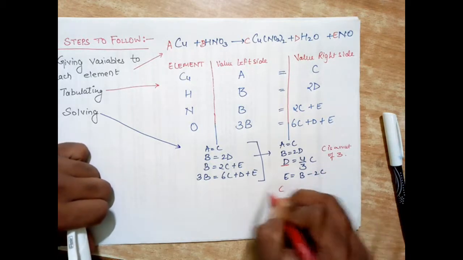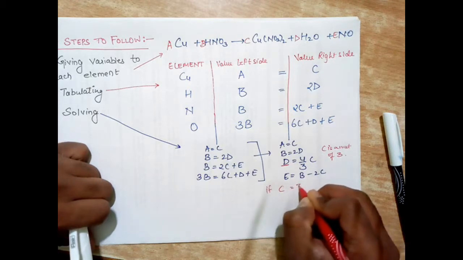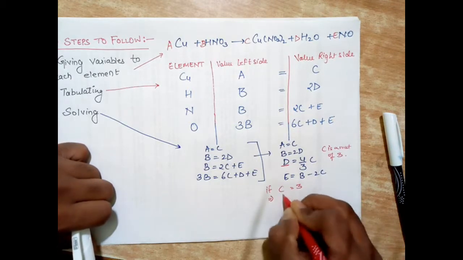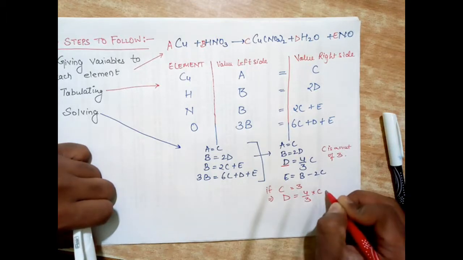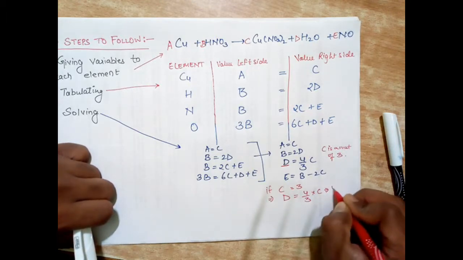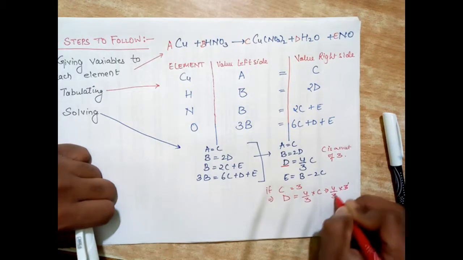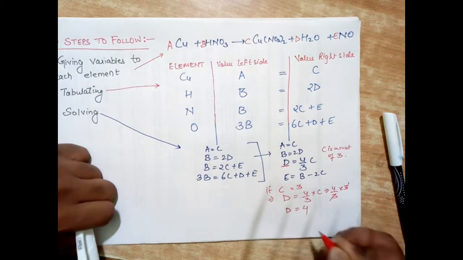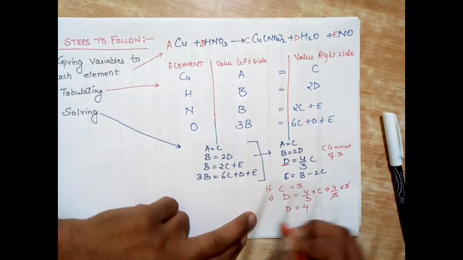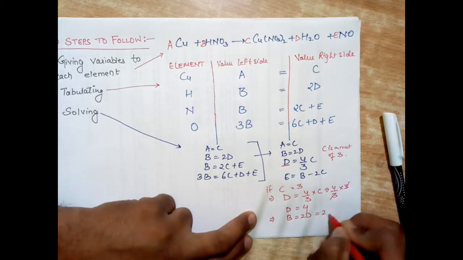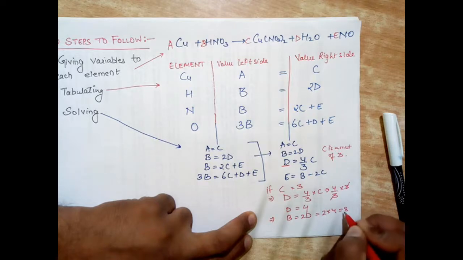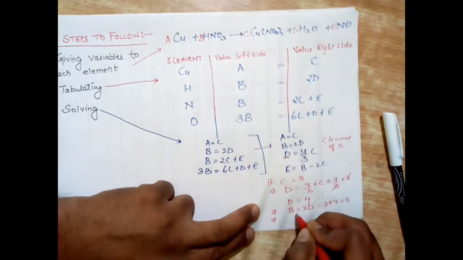That means if C is equal to 3, it implies D is equal to 4 by 3 into C. That means 4 by 3 into 3, D is equal to 4. This implies B is equal to 2D, which is equal to 2 into 4, 8. And this implies